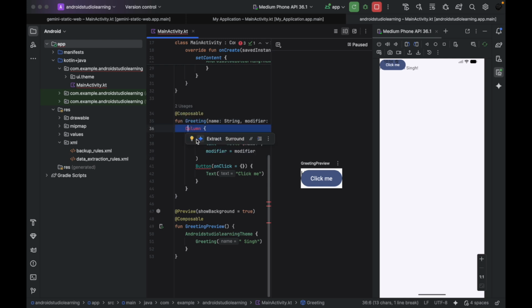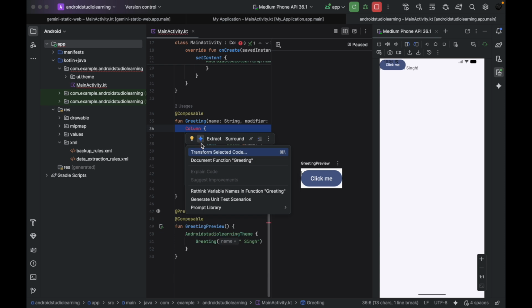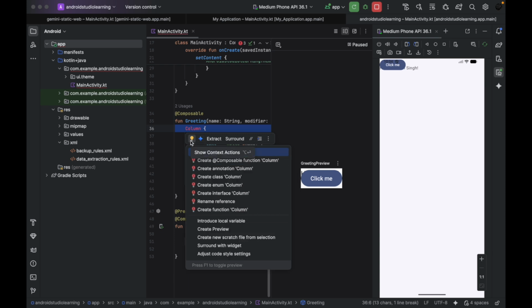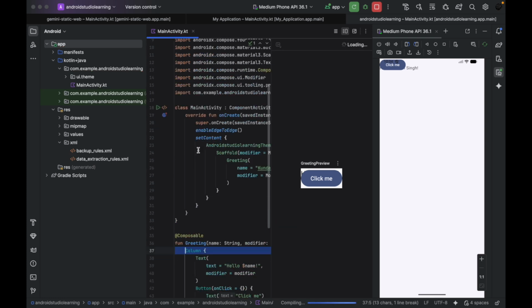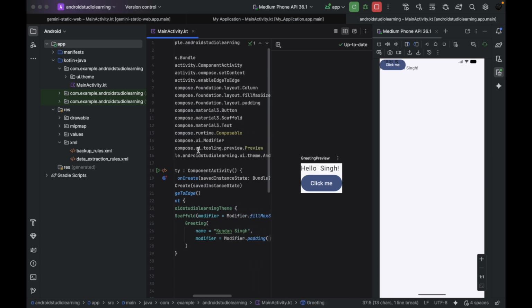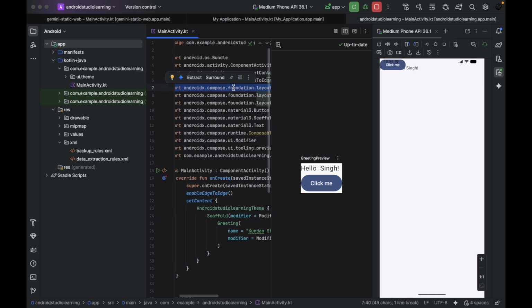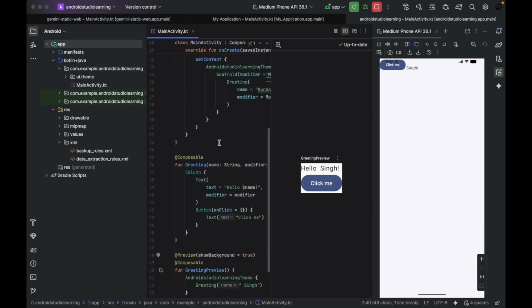So here you can see the option to transform the selected code, or here, import. If I click here, as you can see in yellow, it's going to add the column. As you can see here, it added it, and because we added the column, it becomes like this. If I run the app, it will look like that also here. So it's like this. Okay,